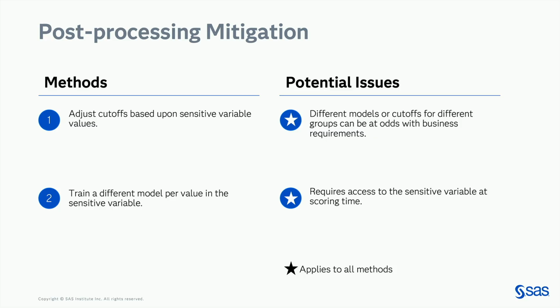Because I've trained two models, I'm treating them differently. And even though you're reducing that value of bias, it has a negative impact or a negative appearance. This also requires access to that variable at training time, or at scoring time. So maybe at training time you had your sensitive group that you needed to calculate the bias for, but now at scoring time you also have to have that, and that might not always be the case.